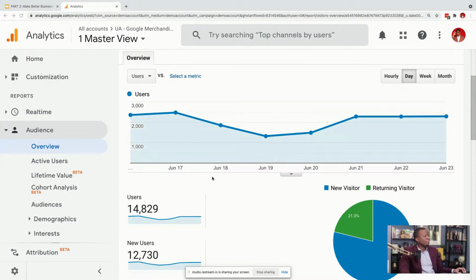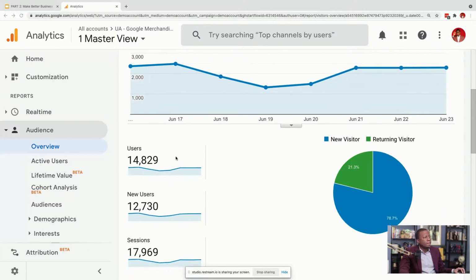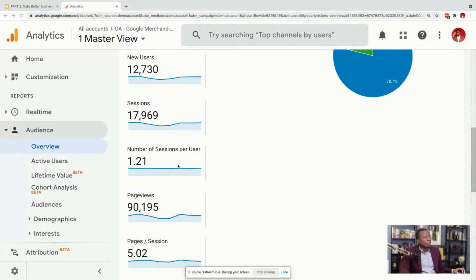All right, back again. Sorry about that. So backing up again, this is the audience tab once again, and this is so key because it lets you know what's going on with your audience. And your audience within analytics, they refer to them as users. Users are just your customers that come to your website. So that's the term they use. So the people that came to the website.